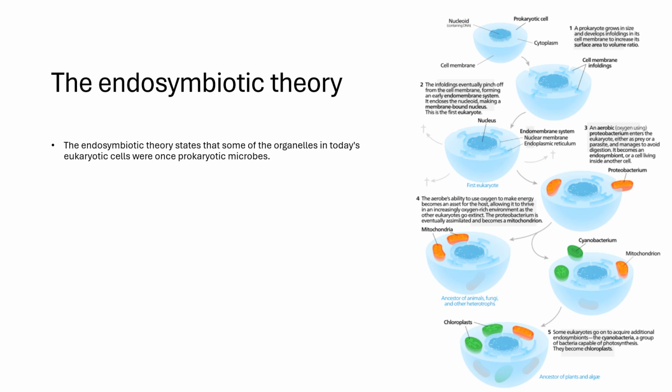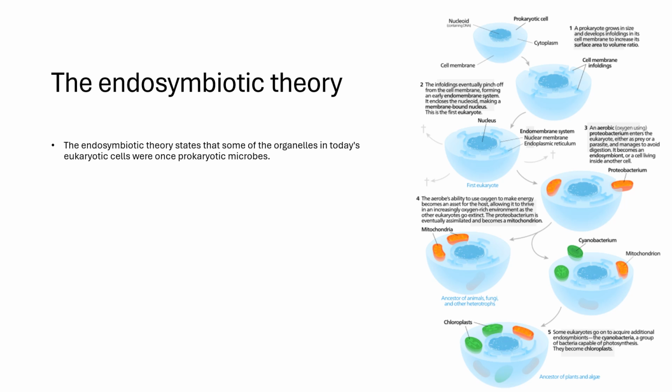This theory is about the eukaryotic cells and their origin, and the main thing in this is that earlier the eukaryotic cells were themselves archaebacteria-like cells. They were a group of archaebacteria. You can see our previous lectures for the same. And the organelles that we see inside the eukaryotic cells, the structures that do different functions inside the eukaryotic cell, they are supposed to be prokaryotic microbes from the past.